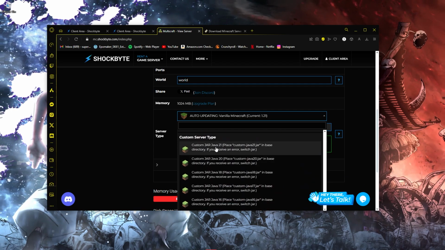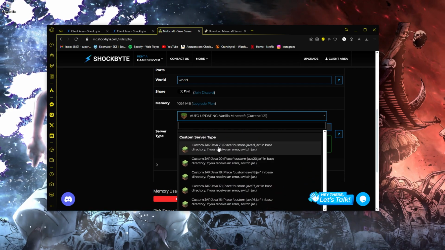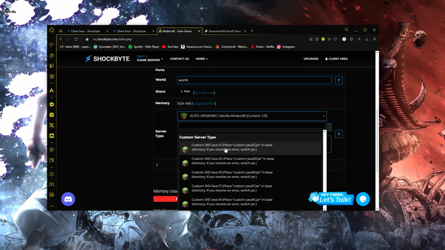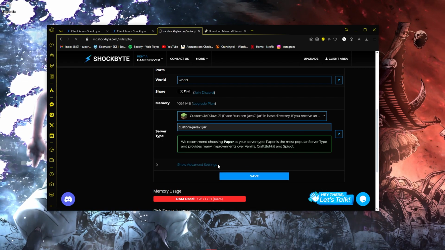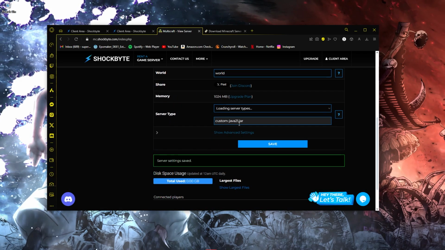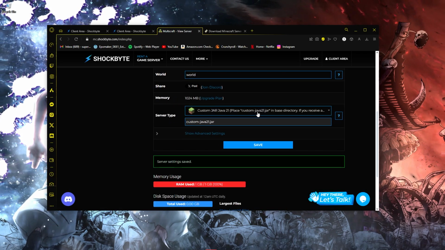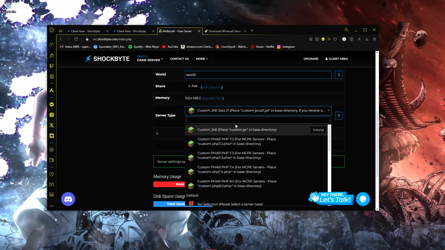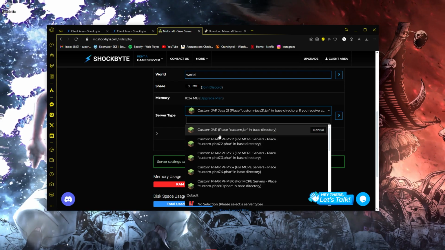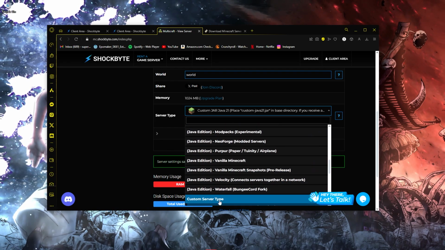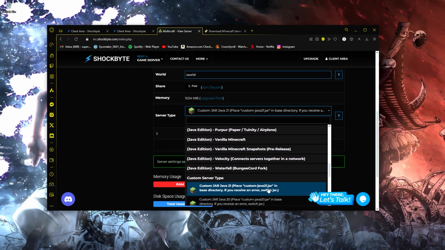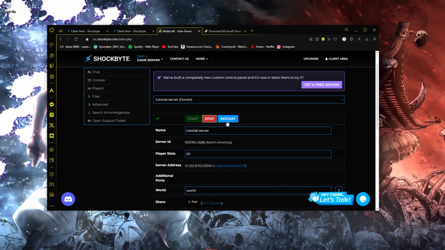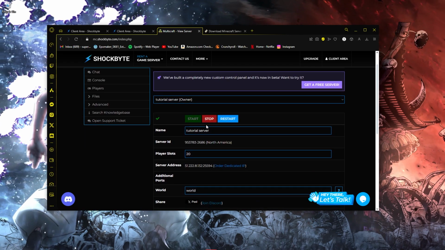Then choose custom jar Java 21, because for Fabric 1.21 they require you to be on a newer version of Java. In other tutorial videos you might see them tell you to use the regular custom jar, but if you're going to be using a 1.21 Fabric launcher, you have to use the newest version of Java, which is Java 21 jar. Now that you've selected it, save it, and stop the server so we can make sure it